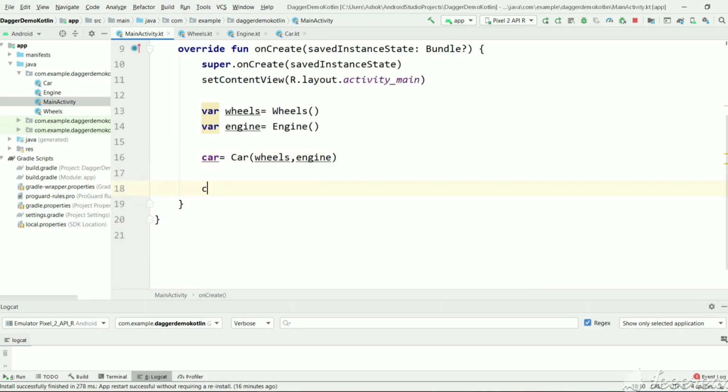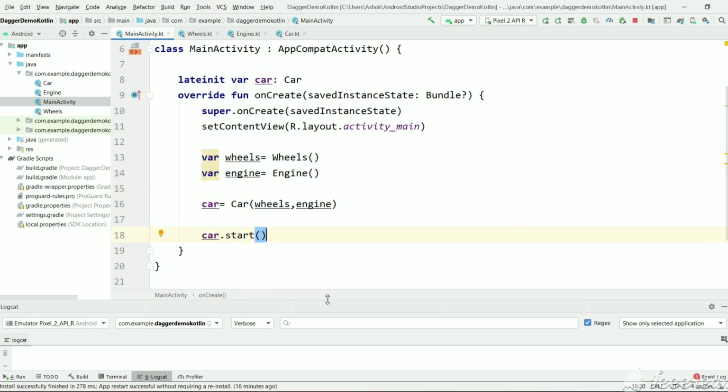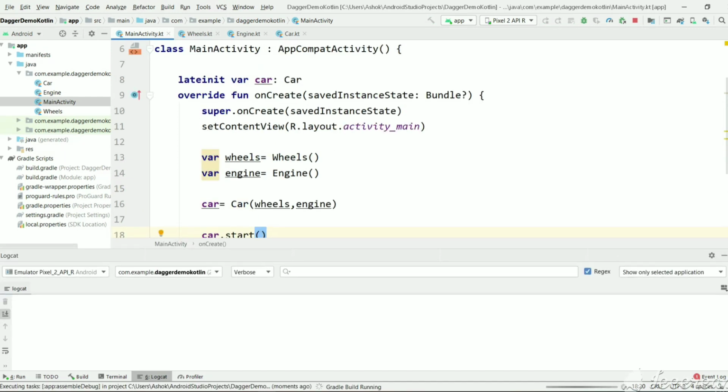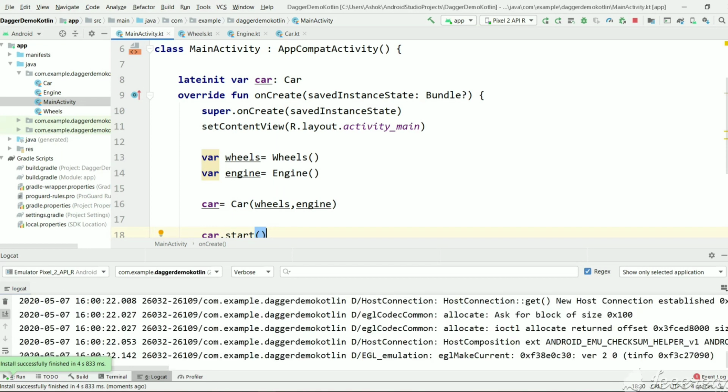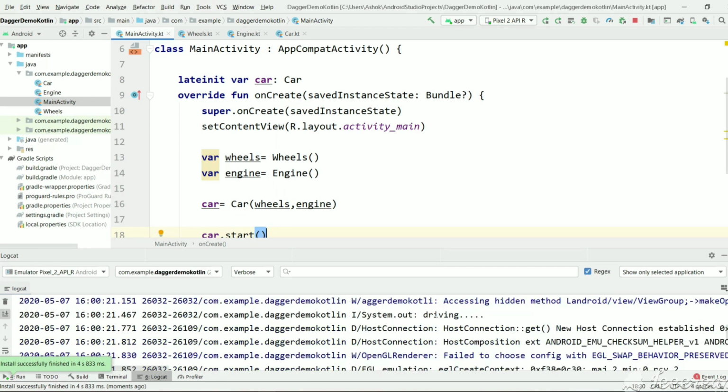And let's call the start method and execute this project. Here we have seen the output, driving.